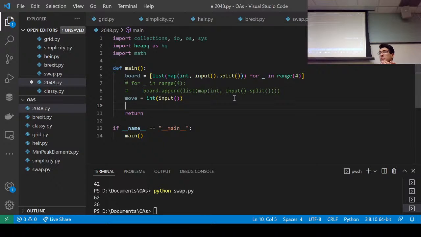But then, let's say we have 2 and 2 together, and we merge them. We still have to append the 0, right? We have to make sure to do that, if I understood that correctly. What do you mean? So we have the board, right? And we have 2 and 2. If we slide the 2s to the left, we have the 2s next to each other, like you said. We put the 2 on the left and the 0s on the right, right? Does that make sense? Yeah. But then we have to merge the 2s. Once we do that,